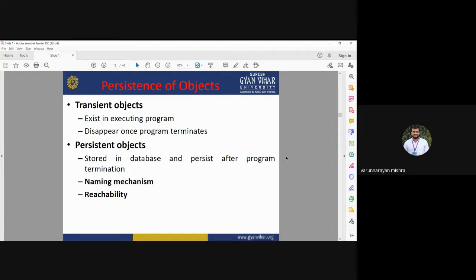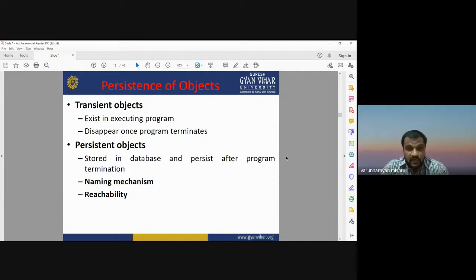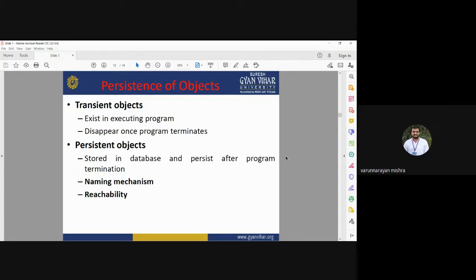They can exist in an executing program, and they disappear once the program terminates. Persistent objects can be stored in the database and persist after the program termination. It may have a naming mechanism and the reachability of that object.